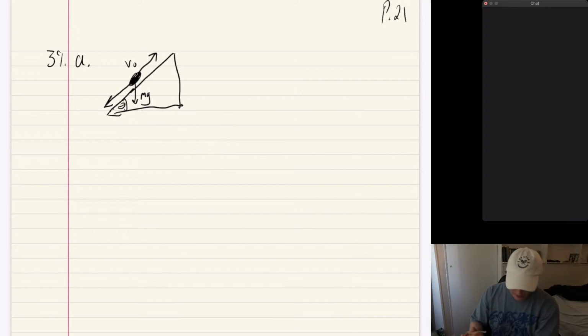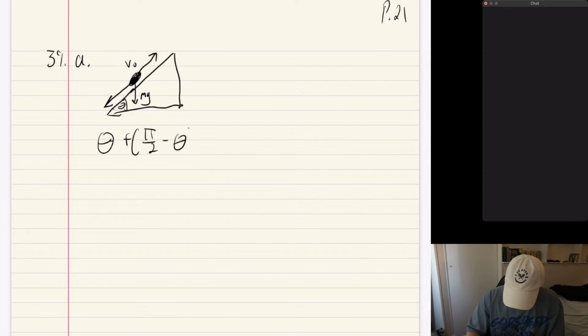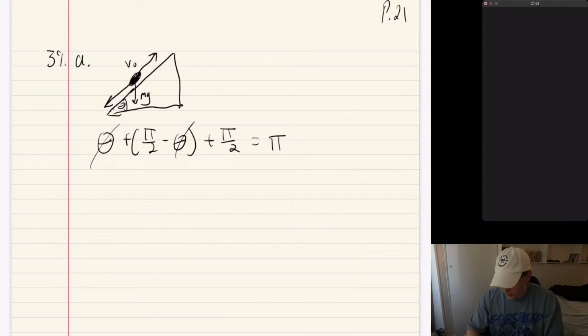Make sure they should all add up to pi. Using pi to measure triangle angles is a little bit crazy, but I hate using degrees. So if that's pi over 2, this is probably such a simple mathematical fact that I just need to verify. Okay, so that's theta. This would be pi over 2 minus theta plus the 90 angle, which is pi over 2. These cancel, and that gives me pi, which is 180 degrees. So yes, this would be